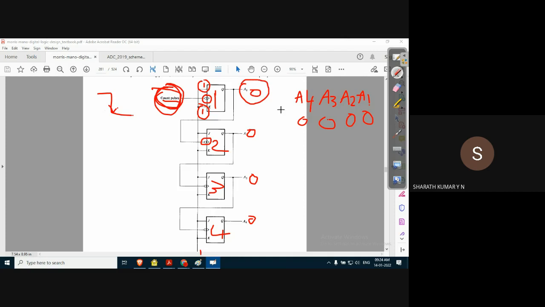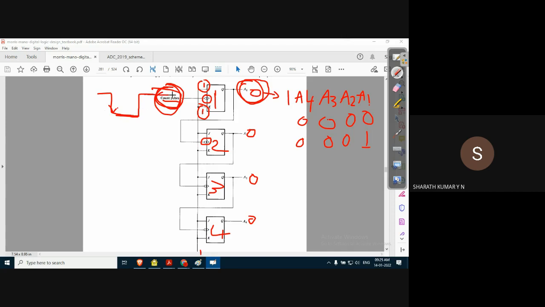It will toggle. A1 becomes logic 1. Other flip flops are still 0. Now when the clock goes positive, the output of the first flip flop does not change. That means it remains at 1. This is the transition from 0 to 1.